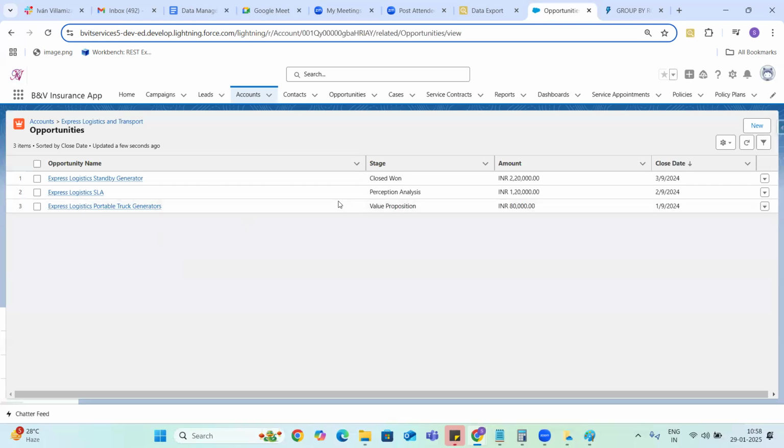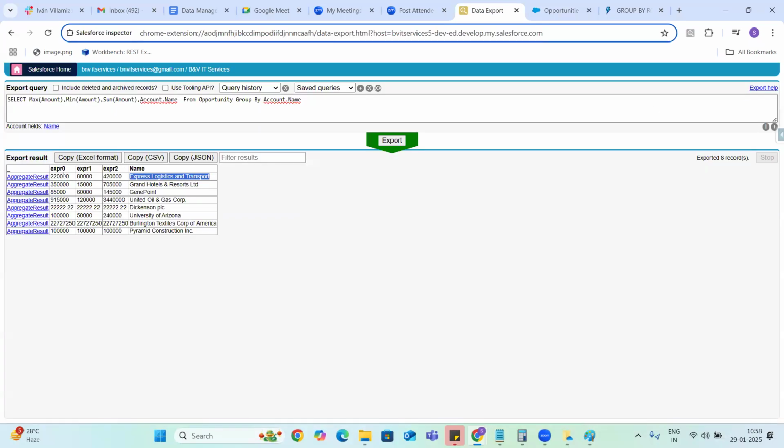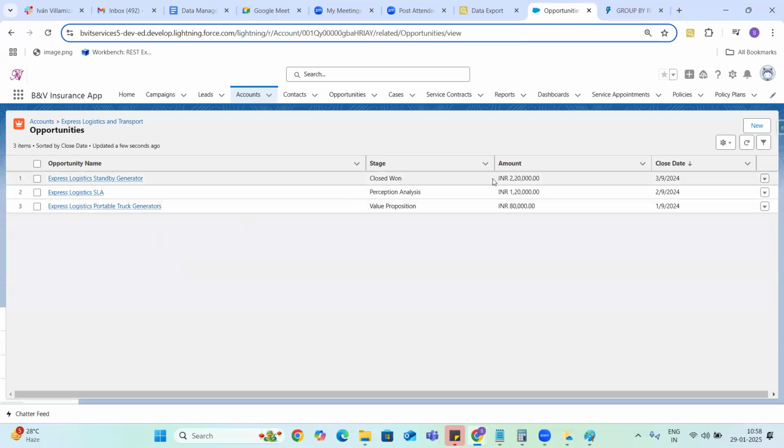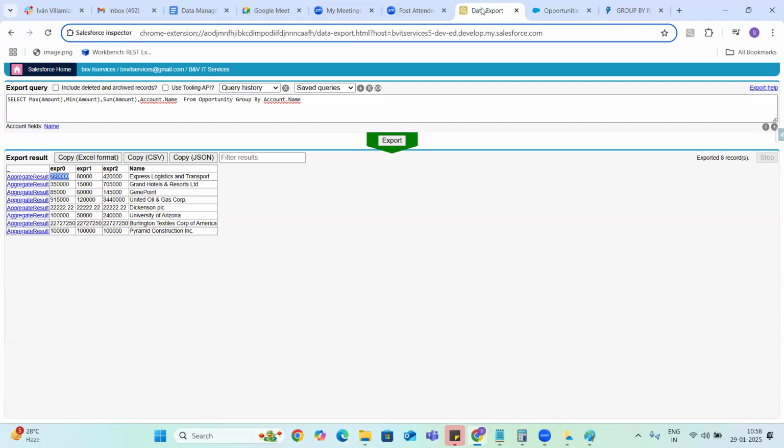So using this query, when I say maximum of amount, that is my first column. Maximum of amount is saying 2,20,000. So out of my three opportunities, this is the opportunity which has the maximum amount. And when I say minimum amount, it is giving me 80,000. And when I say sum of the amounts, it is summing up all the amounts and giving me around 4,20,000. All three opportunity amounts are summed up.